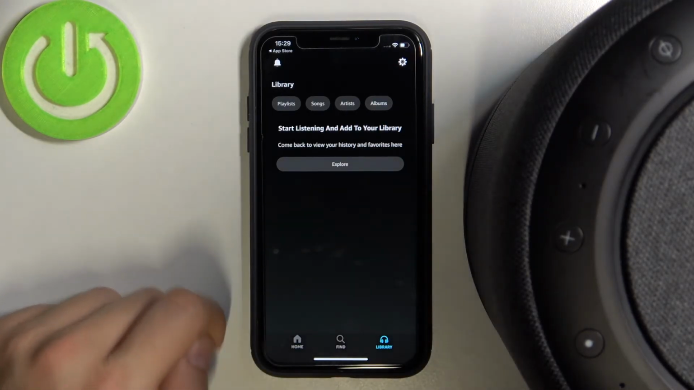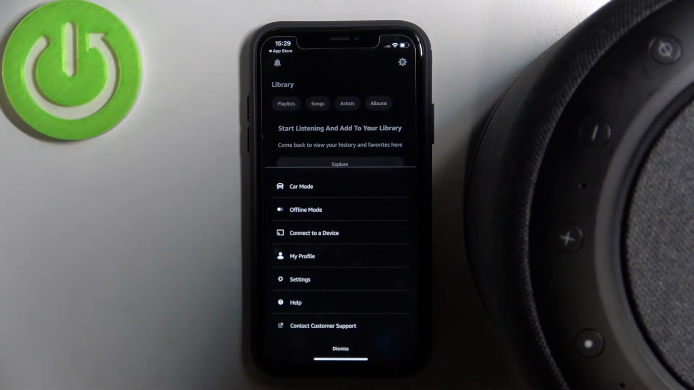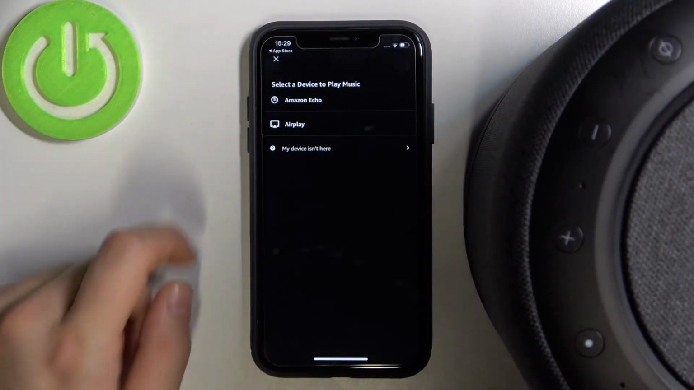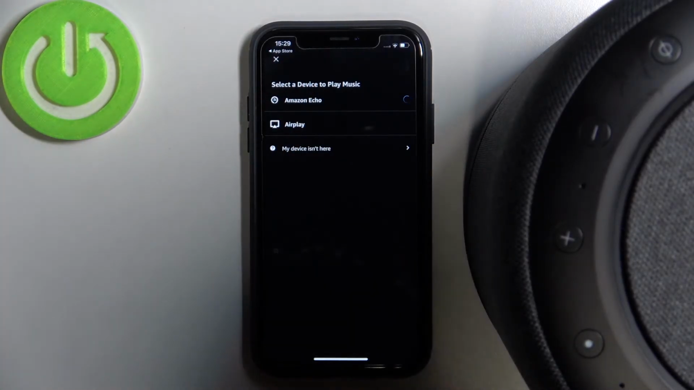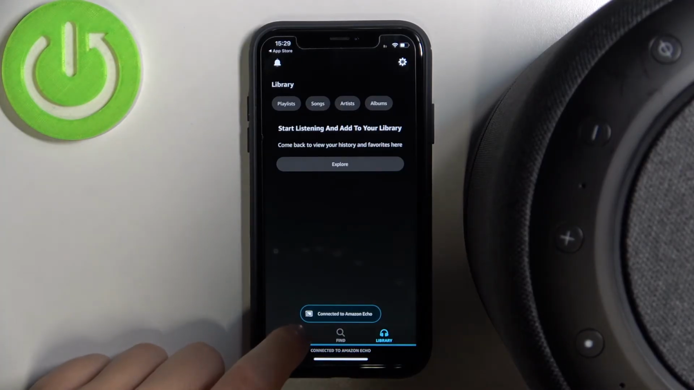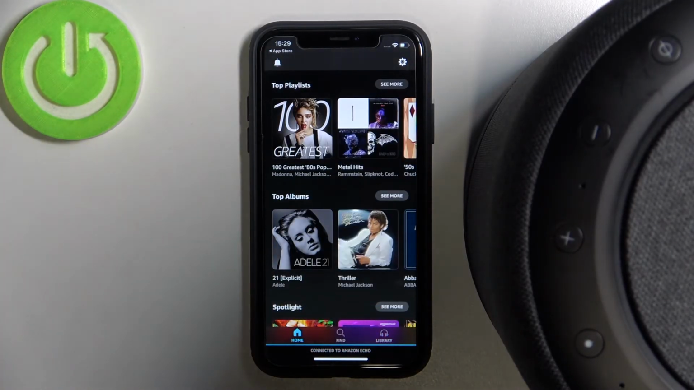And when you're in the application you have to hit the right upper corner and click to connect to a device. And select your Amazon Echo. As you can see right now, we are successfully connected, so we can finally play our songs. As you can see, that's very